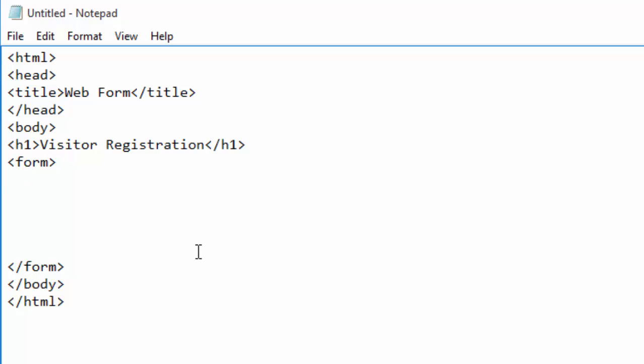Inside the form I will go ahead and create the first label. Let me have a paragraph here, and this heading will have a very big text. Let me choose H2 level. So here I will give a message to the users like: please fill your details in the form. Please fill your details in the form. Okay,